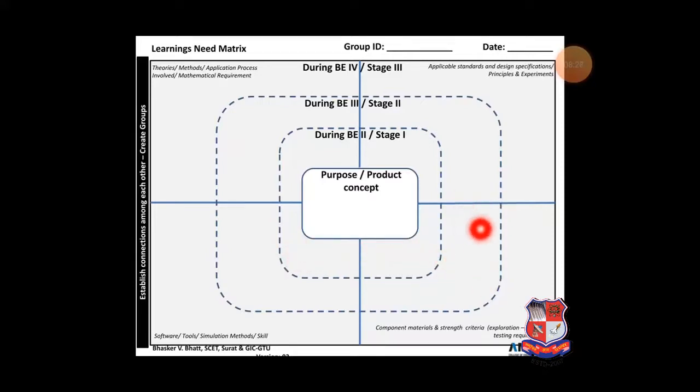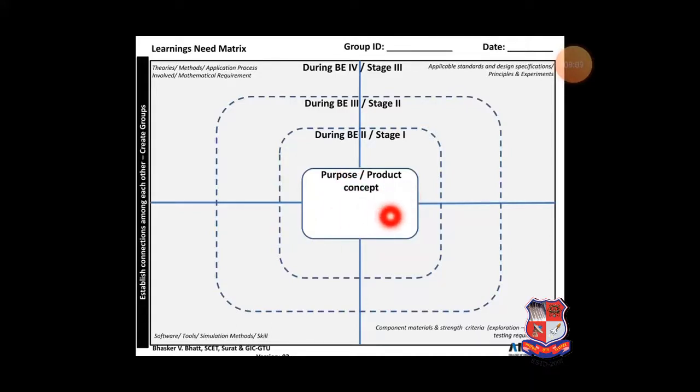And the last quadrant is particularly for the components, materials, strength, and related to material related problems. It will be available in also the managerial principle of management things. It will be available in the market, or we have to generate it. It will be available in a local market, or there is a specific market, that we have to learn by the learning in matrix.